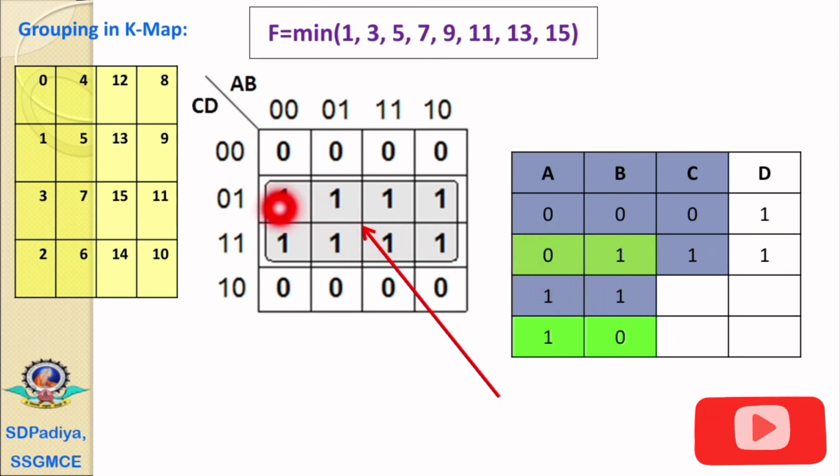Then it belongs to the first row, that is 0, 1 and the second row 1, 1. But now if we check for the C, then there are two entries, that is 0, 1, therefore C is also eliminated and finally there is only the 1 for the variable D. And therefore the finalized expression is the capital D. A, B, C, all these three variables are eliminated.